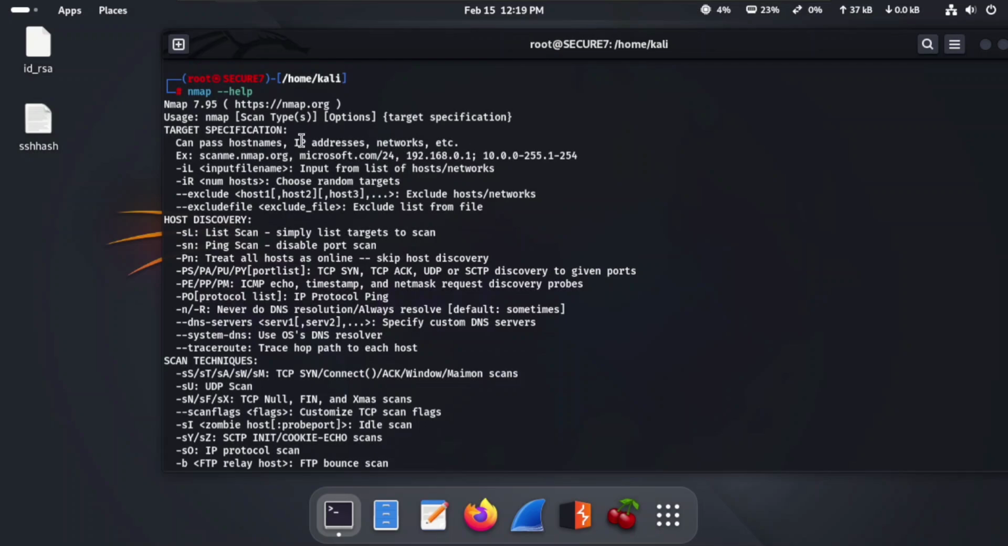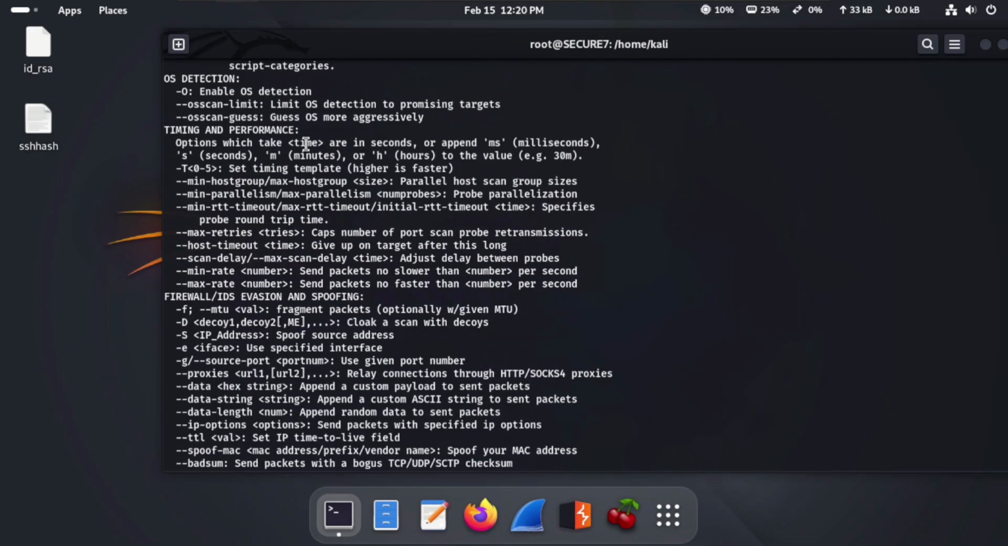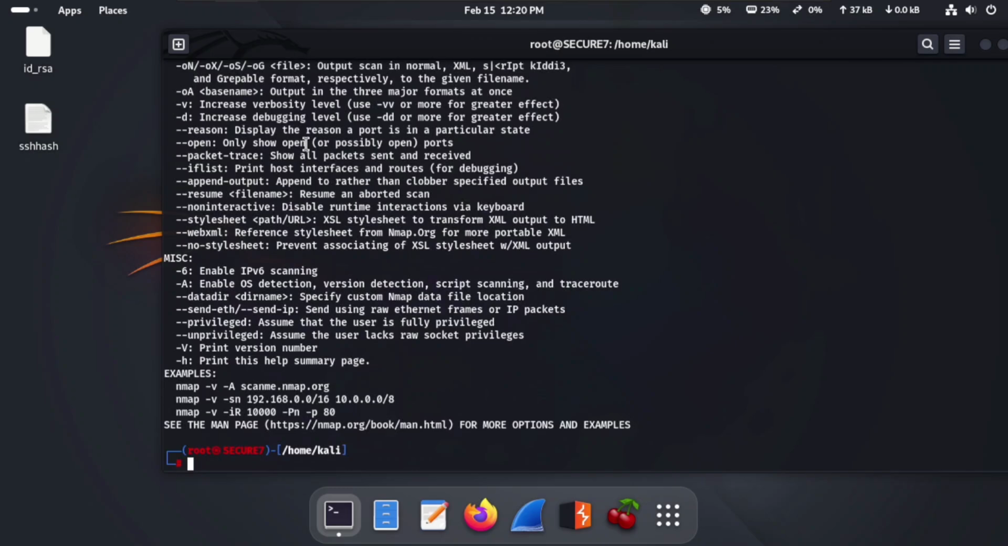First up, we have Nmap, the most popular network scanning tool. It's open source and widely used for network discovery and security auditing. With Nmap, you can detect devices, open ports, services, and even operating systems. Let's say you want to find out which devices are online in your network, use a command like nmap -sp,